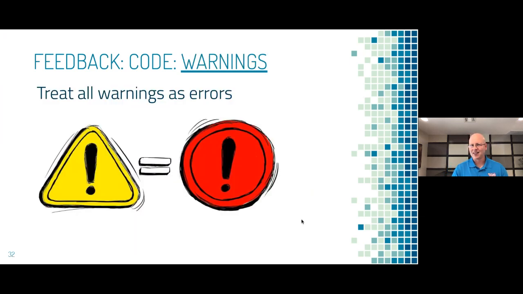So after tests, the next level of feedback that you can get from code is warnings. Now, oftentimes warnings are benign, like you forgot a semicolon, or maybe your line is too long if you have linting turned on, or there needs to be an extra space here. But I'll assert that you should treat all warnings as errors. Because if the warning is not actually a future bug,